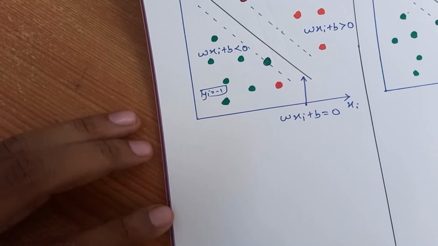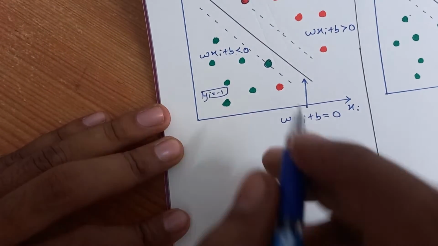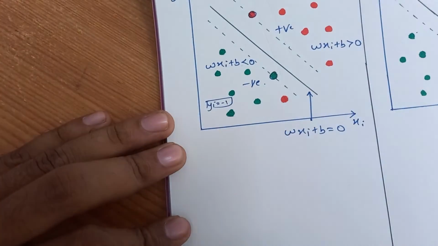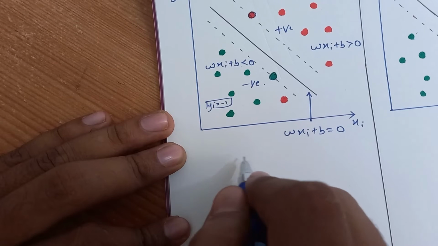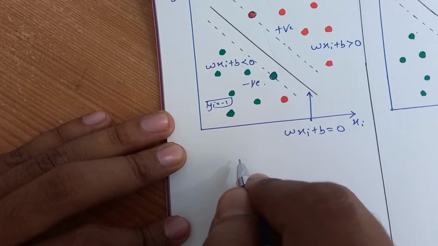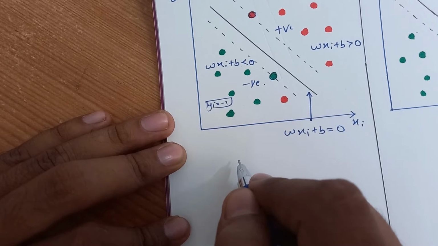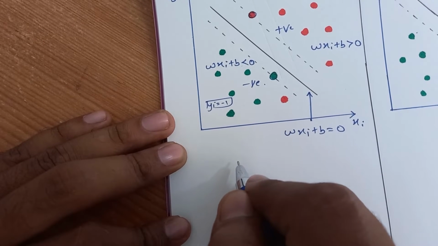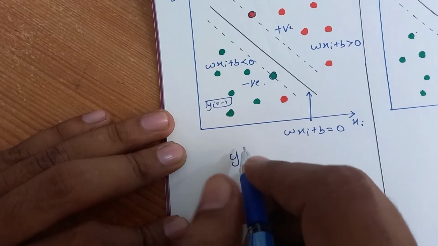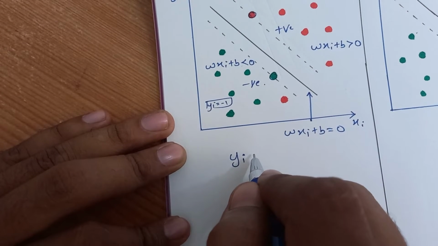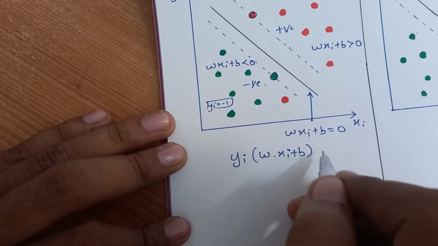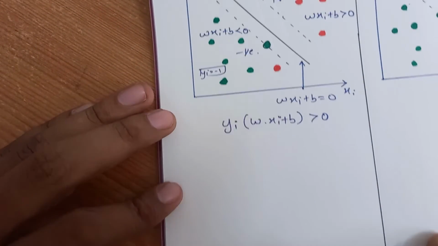Okay, what constraint we have got from SVM? Remember, this is the positive side and this is the negative side. The constraint we have got from SVM was that you have to come up with the values w and b such that it minimizes the distance, and you have to come up with the equation of the hyperplane also satisfying this condition, whatever the labeled output is, and the distance you calculate for that particular point should be greater than 0 in both the cases. Okay, we'll verify.